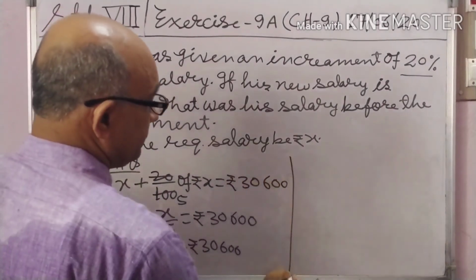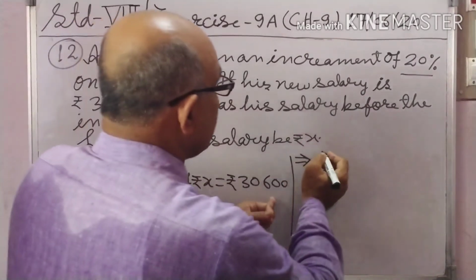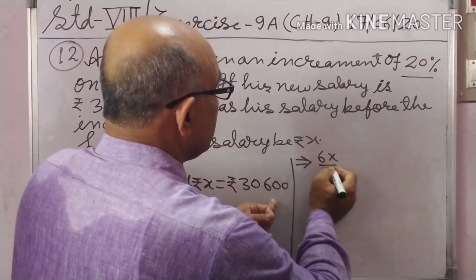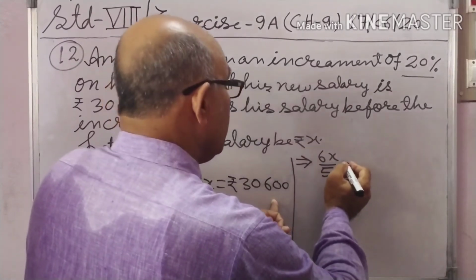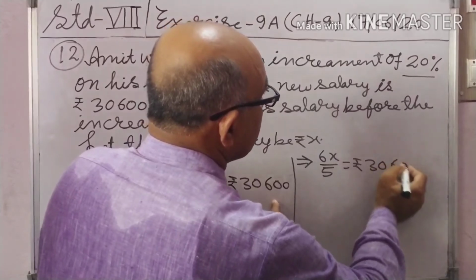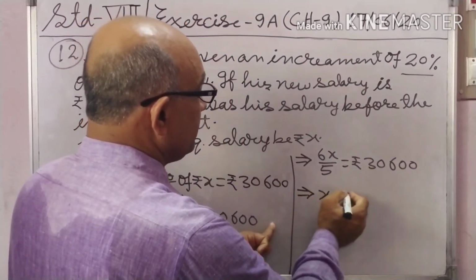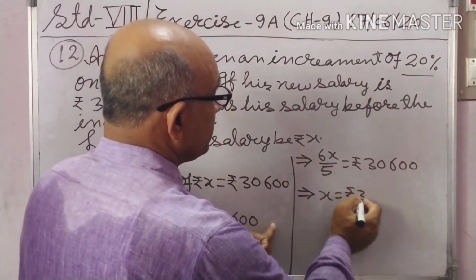Now change it. 5x plus x is 6x by 5 equal to rupees 30,600. Now that implies x equal to rupees